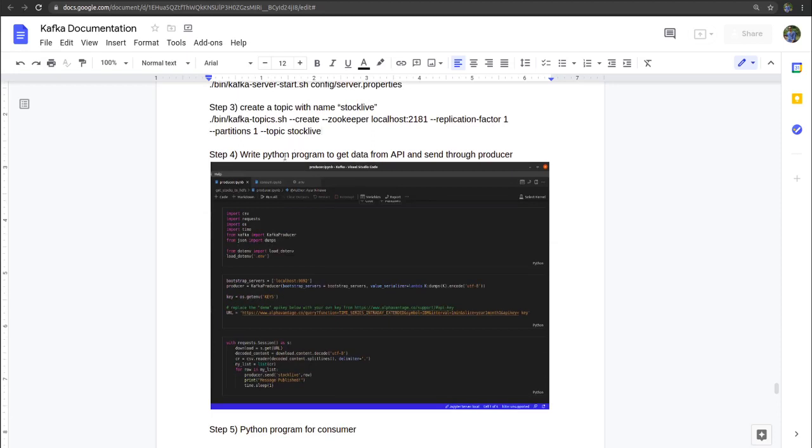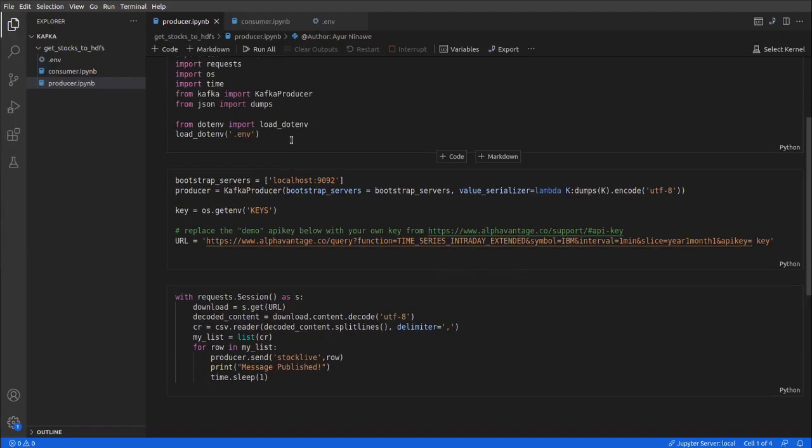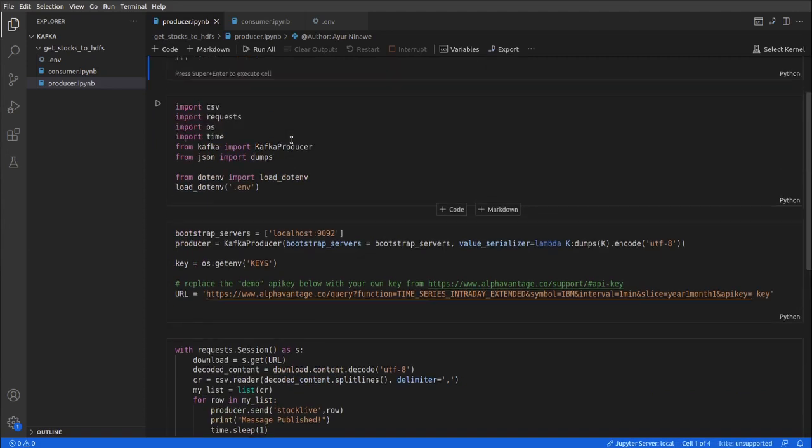And then we are going to write our Python program to get data from the API and send it through the producer. So if I go here, this is our Python program. Here I am importing csv, requests, os, time, KafkaProducer and JSON dumps, and this is for the environment variable for our keys and all.